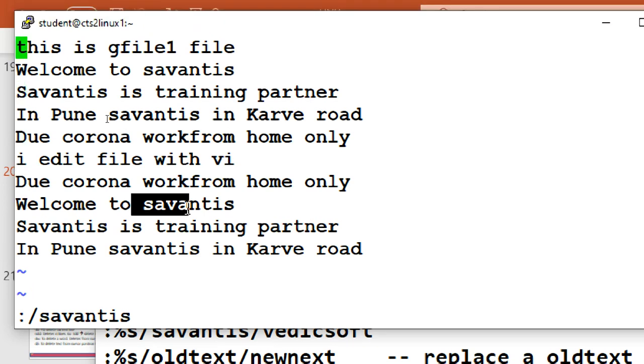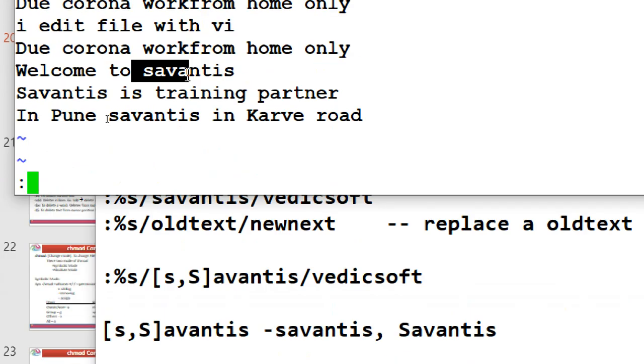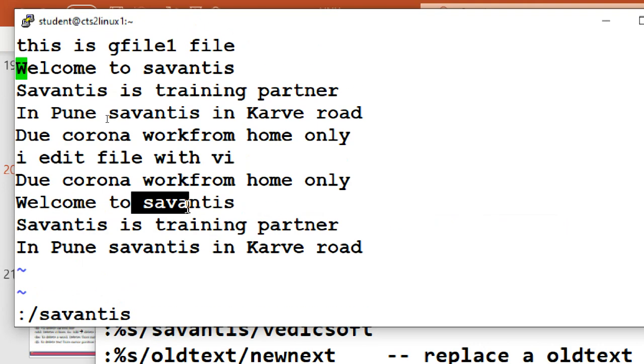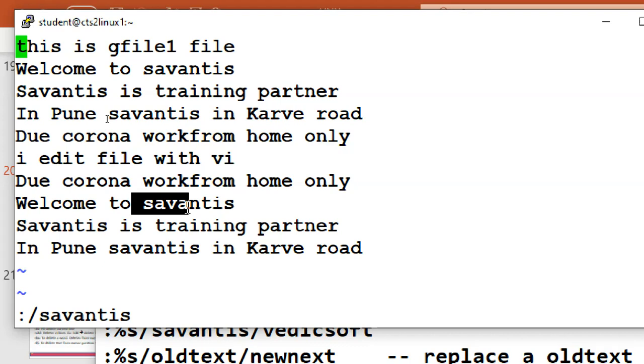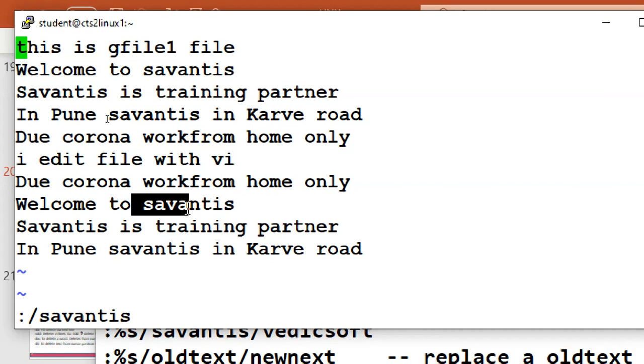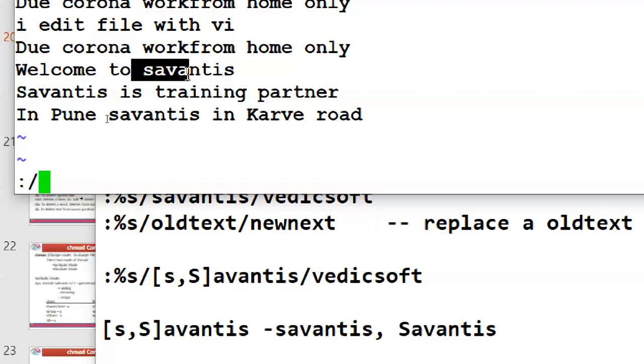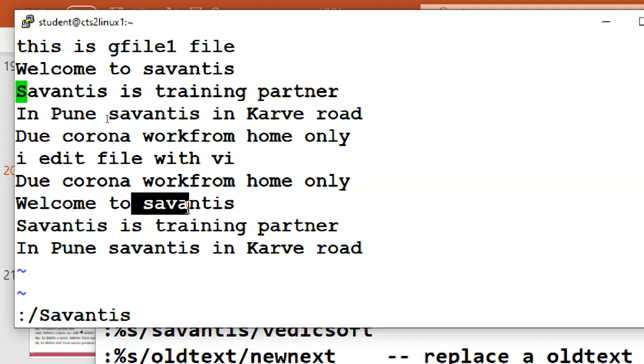For example, if I keep my cursor here on the first line, escape, colon, slash 70s, now it shifts to the next line. Why? Because the 70s is in the next line, so it shows only the next one, not all lines. Of course, we can get the capital 70s also.